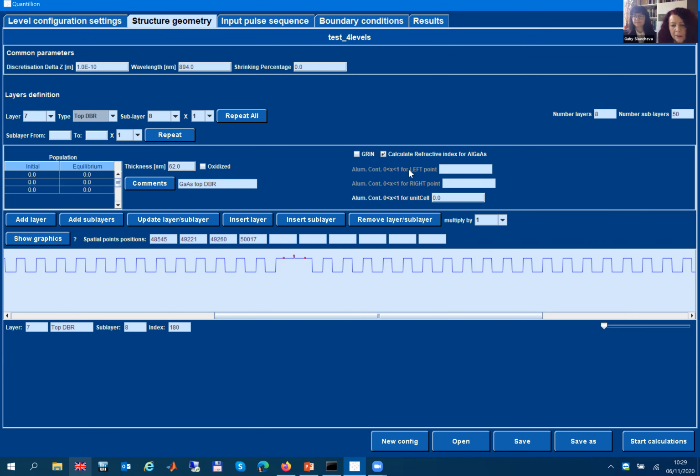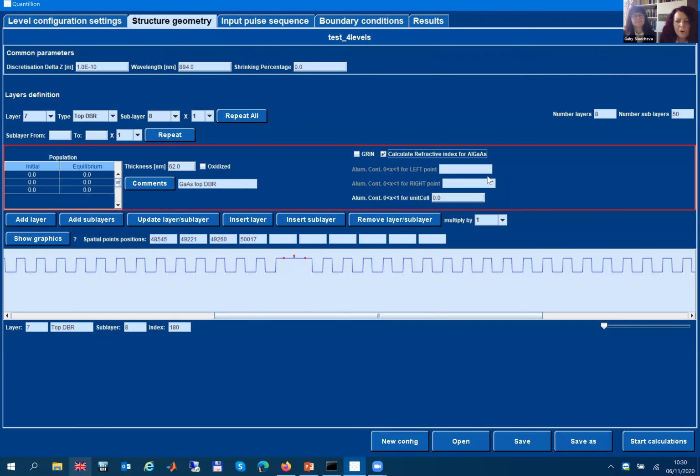Then we can calculate the refractive index. Either we can enter an arbitrary material refractive index. There will be a library of different materials, or we can calculate the refractive index of an AlGaAs alloy, which is one of the most common materials in optoelectronics.